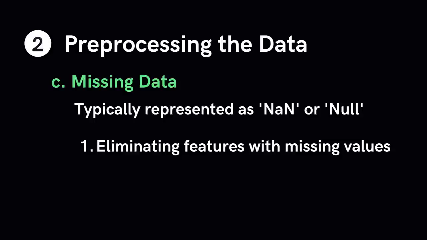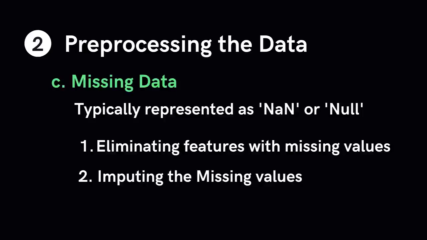One is eliminating the samples of the features with missing values. The downside, of course, is that you risk deleting relevant information. The second step is to impute the missing values. A common way is to set the missing values as the mean value for the rest of the samples. But of course, there are other ways to deal with specific datasets. Be smart, as handling missing data in the wrong way can spell disaster.